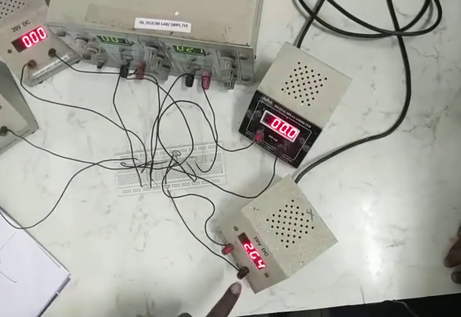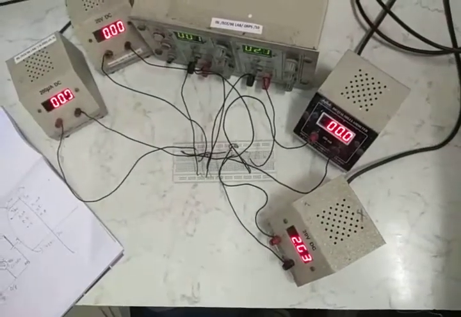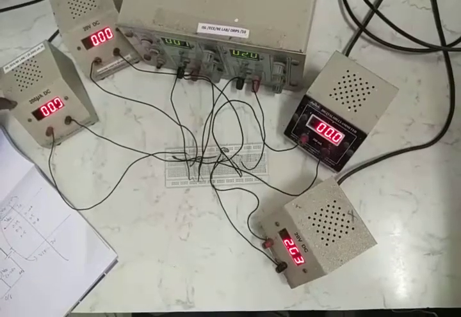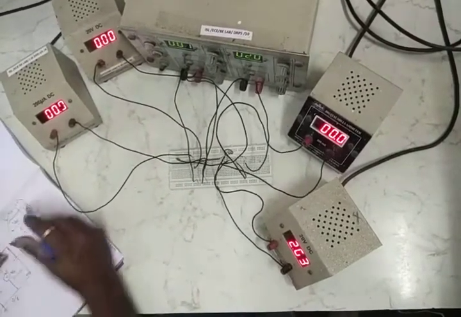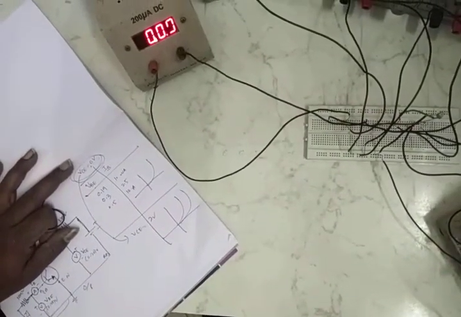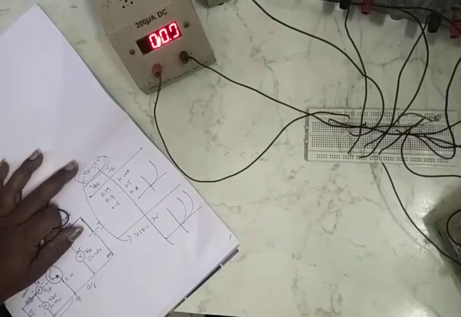Now how much is it? 2 volts. Then I should come back to this one. I should change this one. I should note down this one and this one. Same. For this you will get one graph like this. For this you will get one more graph. Right? That is what we are verifying.